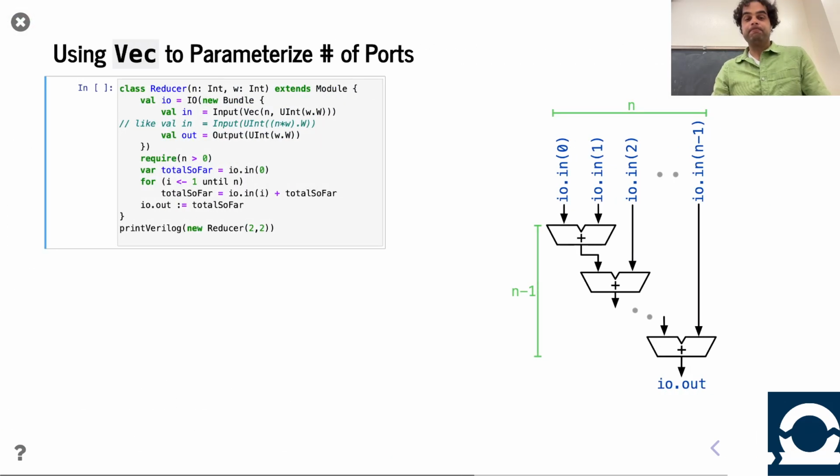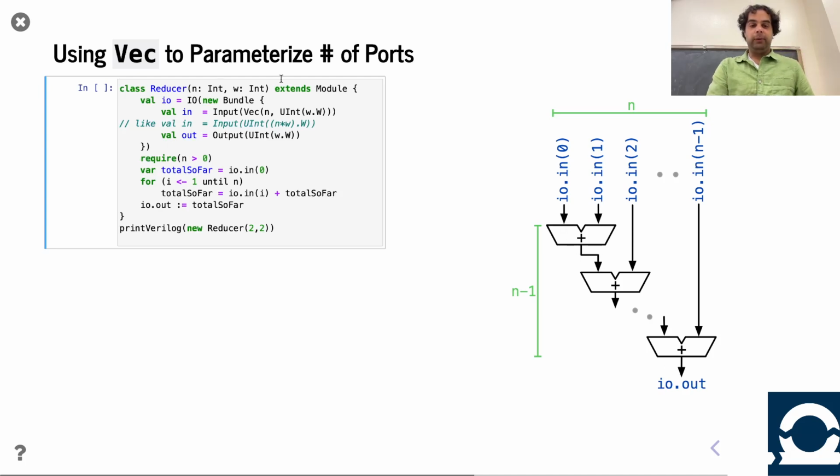Great. Let's see some more examples of it. Let's say, for example, I want to build hardware to do reductions. Reduction is the ability to take n things and reduce them down to one thing. Most commonly, that reduction operation is an addition, but that's technically not a requirement for reduction. So let's say I want an n-way sum reduction. Okay, great. So I'm going to have n inputs,